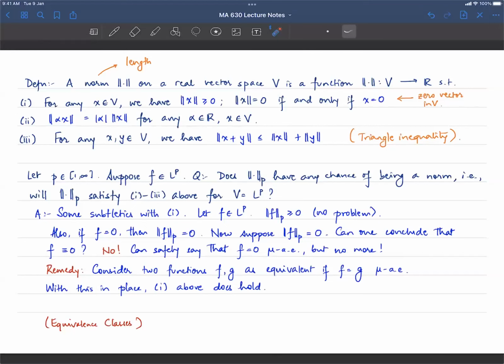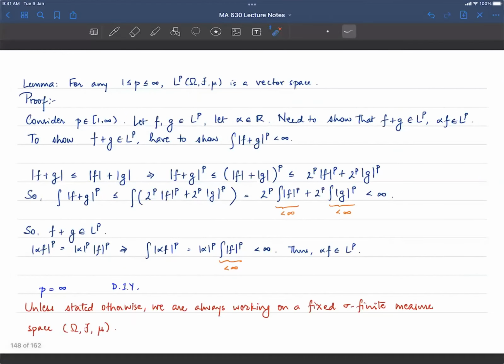All right, now the next thing I want to do is I want to start working my way towards getting these. By the way, do you agree that this second property is going to hold? Actually, we have already seen that here, right? Suppose I take |alpha|^p times the integral of |f|^p. So the norm of alpha f is going to be, well, okay,